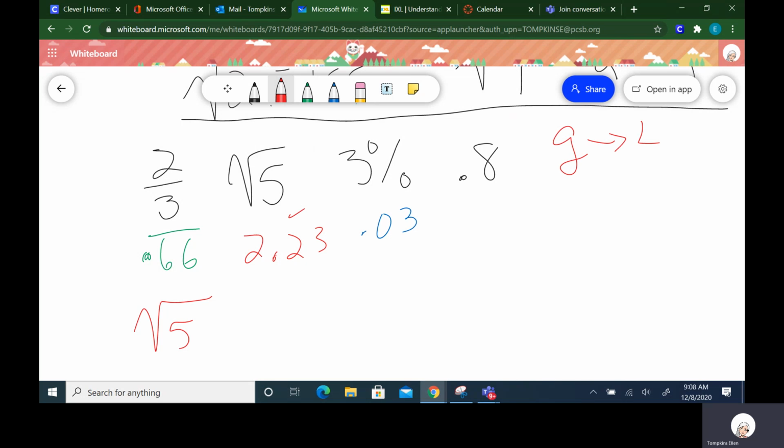All right, that checks that one. I'm going to have 0.8, then 0.66 was 2/3, wasn't it? I almost made my own mistake. And the smallest one was 3%. Okay,